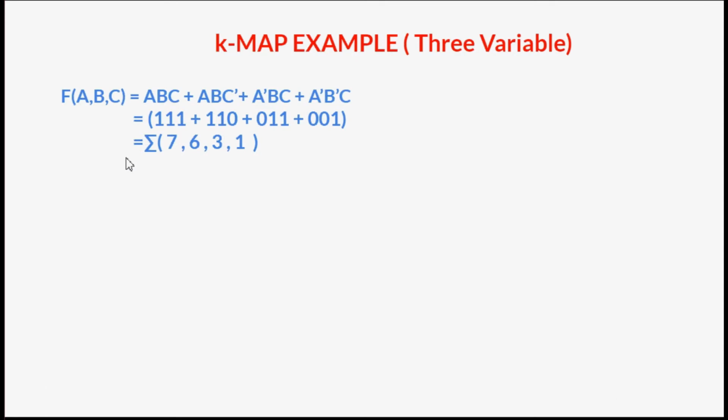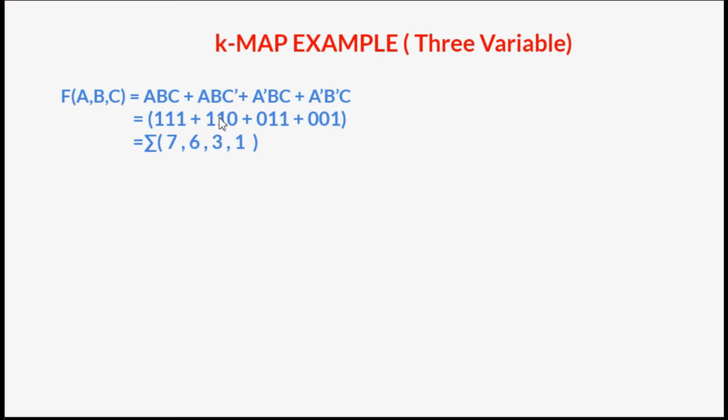Usually, whenever we are going to solve a boolean expression with the help of K-maps, we are not provided with these two equations. I have written these two equations just to help you understand things. Whenever you get this type of question, you will be directly given this line, that is sigma, and inside sigma you are given the terms which are present in that boolean expression. I have just written these so that you can understand how this is going to work.